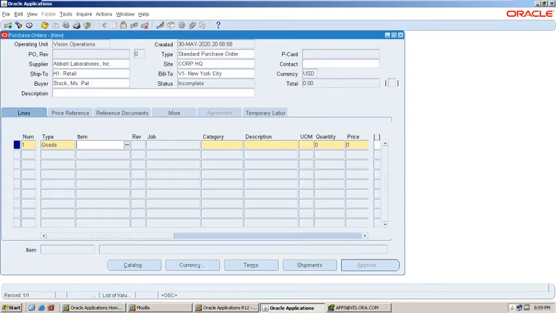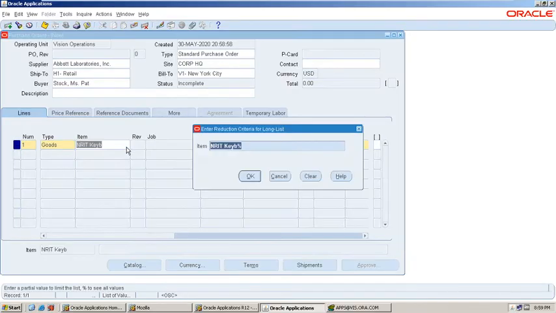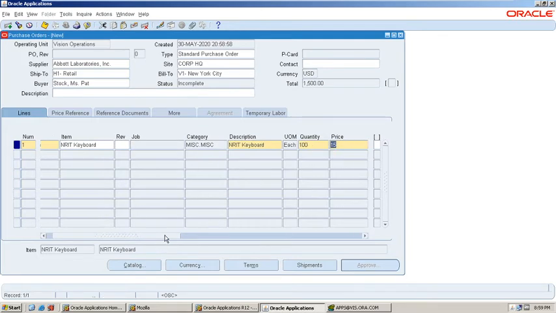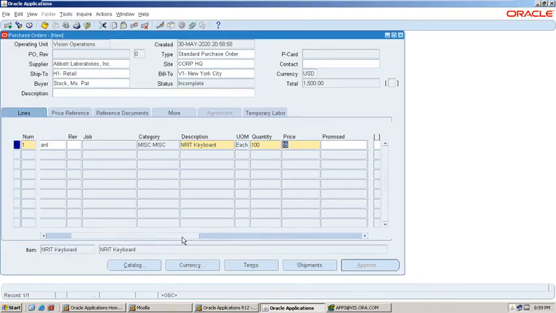Here in lines level, enter the item details. What is the item? NRIT keyboard. How much quantity are you looking for? It's 100 quantity.